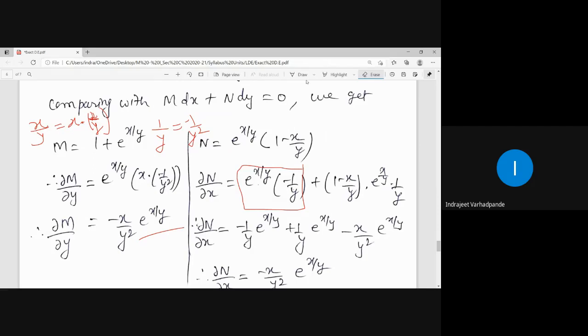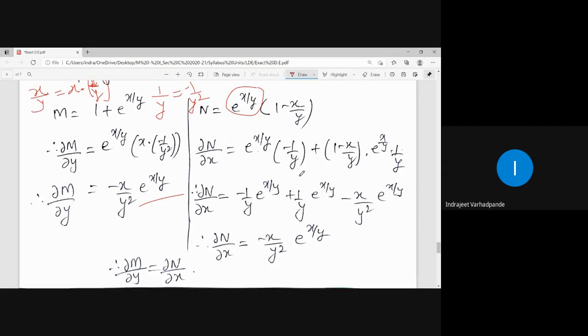Then the second term. Plus second term as it is into derivative of the first, derivative of e to the power x by y: e to the power x by y into 1 by y constant, and derivative of x is 1. Is this clear? Yes, sir. So now we calculated the differentiation. Open the bracket, cancel out the terms which are not applicable. That will give you the final answer.